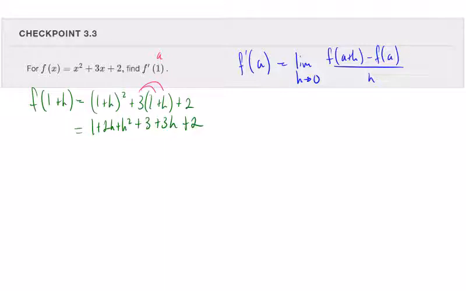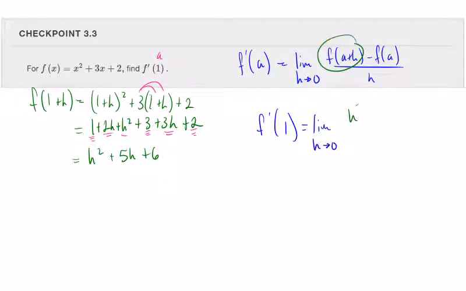And so now I'm going to combine like terms. So there's only 1h squared. And then there's a 2h and a 3h. So that makes 5h. And then the constants, there's a 1 plus 3 is 4 plus 2 is 6. All right. And so that's what I'll put as I kind of build this formula out. f prime at 1 is going to be the limit as h approaches 0 of, and so now I have this figured out, right, which is h squared plus 5h plus 6 minus, now let's figure out f of a,